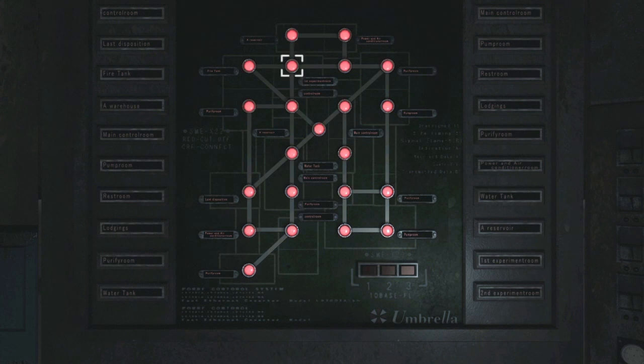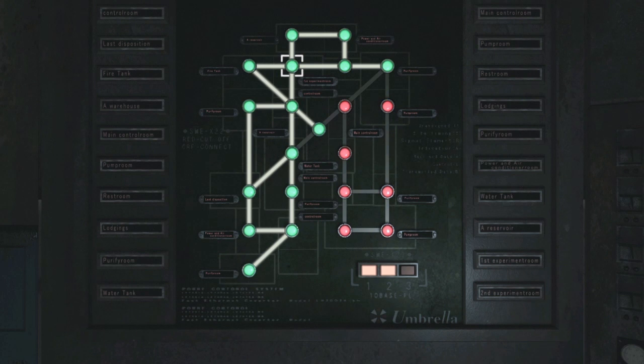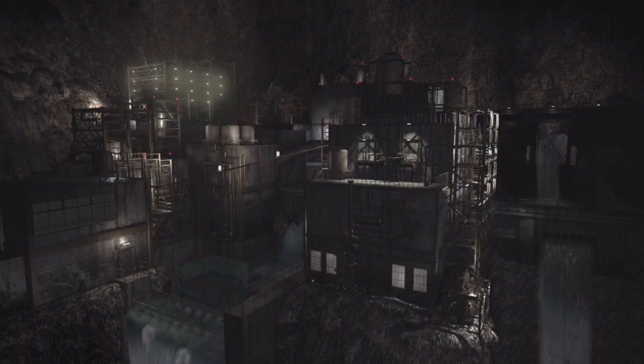Change points, we will, and the points that you want to interact with are right here. And the second one is going to be right here. And the final one is right here. And in doing so, as you'll soon see, power is now supplied and power is now surging throughout this facility, and you can now make your way down